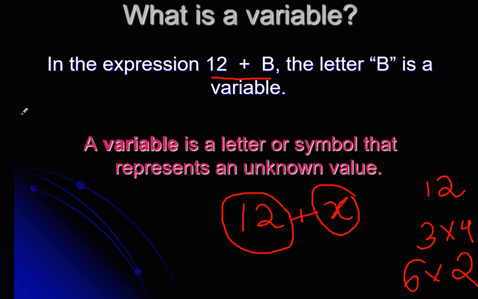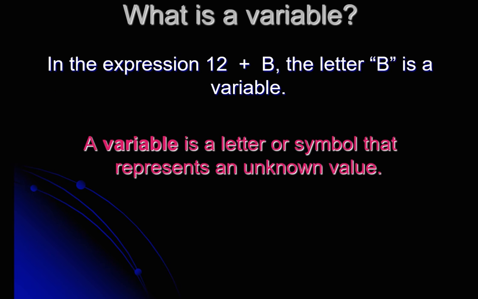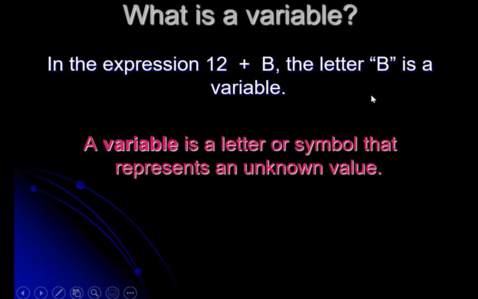Suppose I write 3 plus z. Here z is the variable. Why? Because the value is not fixed. When you see alphabets like a, b, c written in an expression, these are variables, where the value varies from one to another. a could be 2, a could be 3, a could be anything. We don't know, that's why it is called a variable.